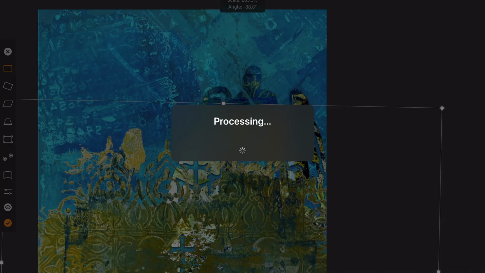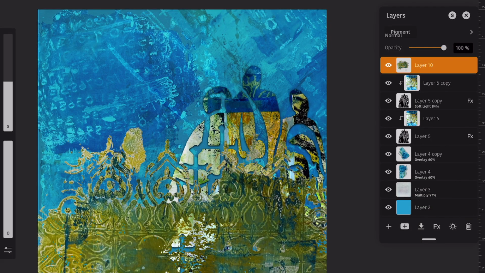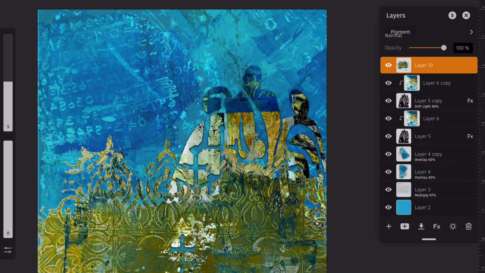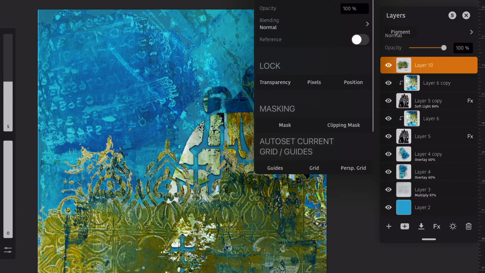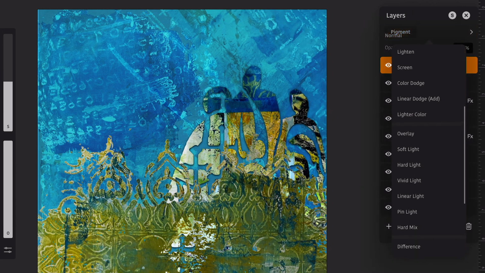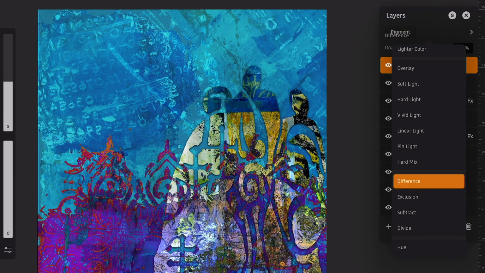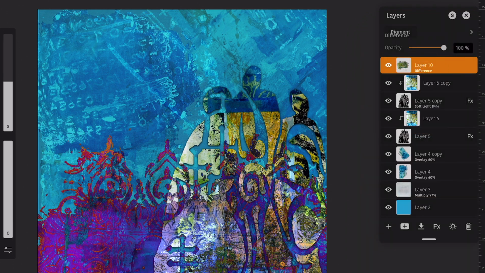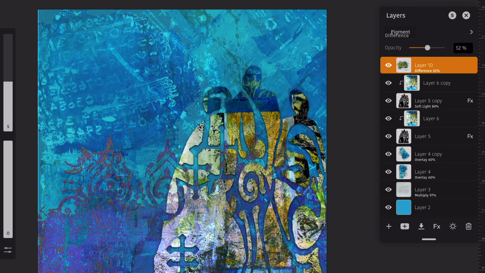I'll put this right here. And I am going to erase this part right here, just because I don't think it's necessary. All right, now I'm going to put this in a blend mode. One of my favorite blend modes is difference, because it will reverse the colors. So now you see it's this vibrant purple, and I really like it. Of course, I am going to have to drop the opacity down some,